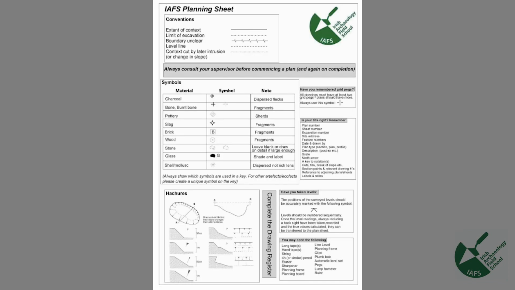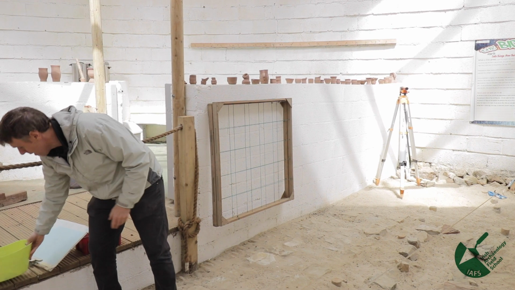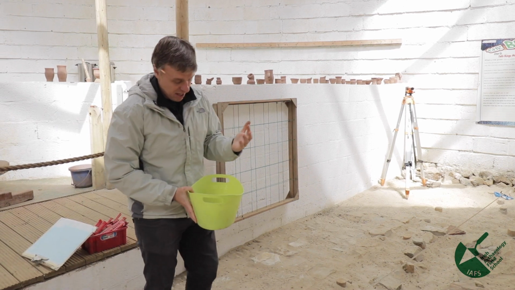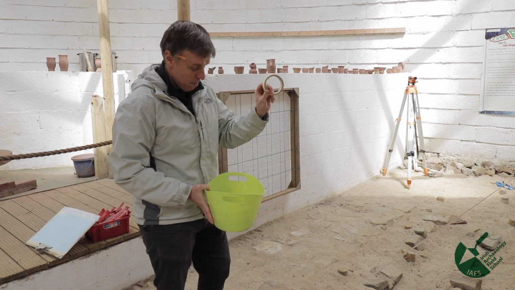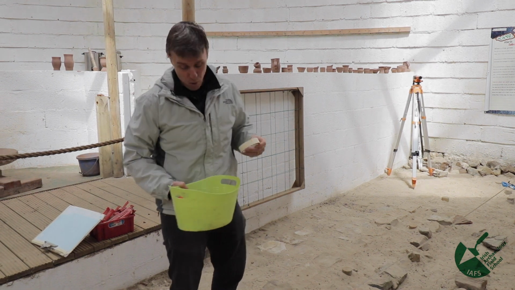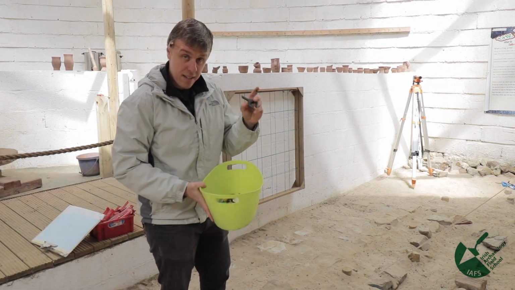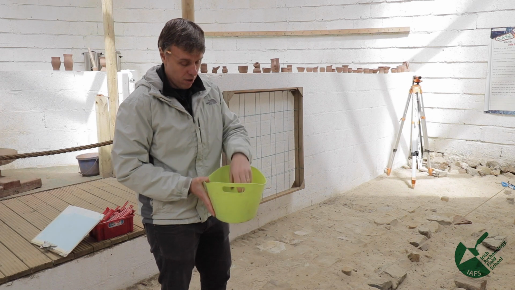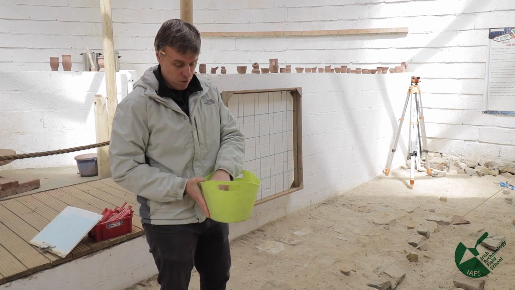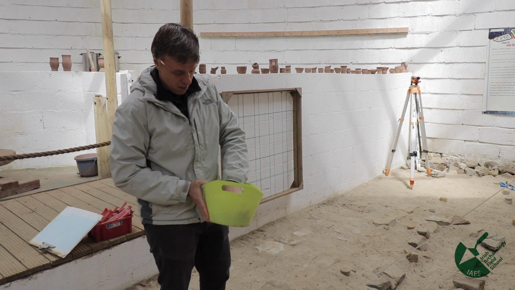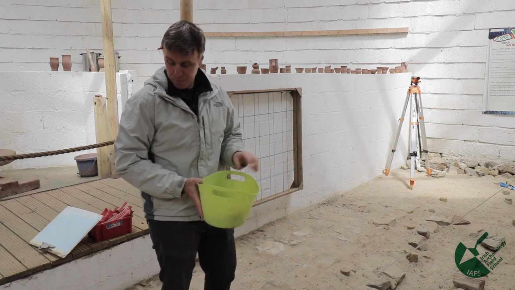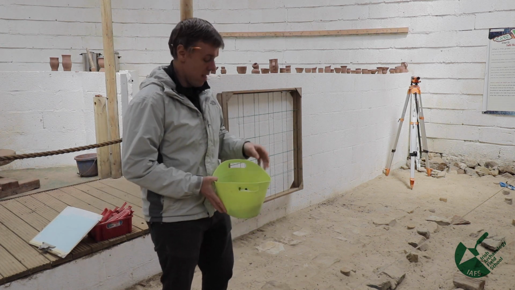And before you start doing any planning, you'll need quite a few items. Sometimes more, sometimes less, depending on exactly what you're drawing. But as a minimum, you'll need your pencil. It's normally behind my ear, it is. And you'll need a variety of these different things, depending on what you're doing. Masking tape to hold your plan to the board, especially if it's windy. Pegs, as we have sort of indicated and gone through. Hand tapes or measuring tapes, obviously to take measurements on. You may need nails and a hammer, which you either put on the top of your pegs.